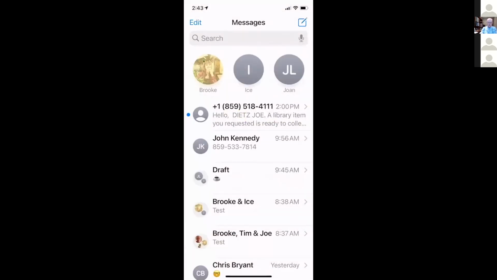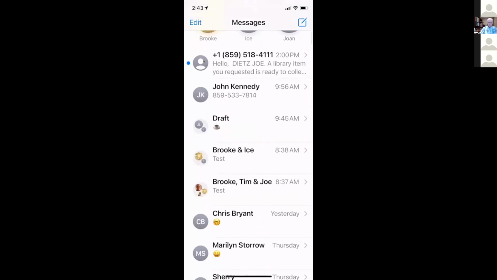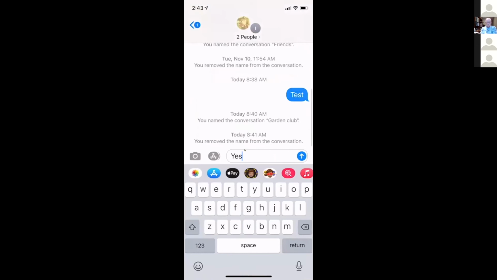Let me go back down here and find one. Here's a message down here that I've sent to 2 or 3 different people. Here's one with Brookie and another friend of mine. So I'm going to tap on that. After you've typed the names in and sent a message, you can go back to that message and then open it up. And then at the top of your screen up here where you see the number of people, this could be numerous people, 2, 3, 4, 10 even, and you'll tap on that